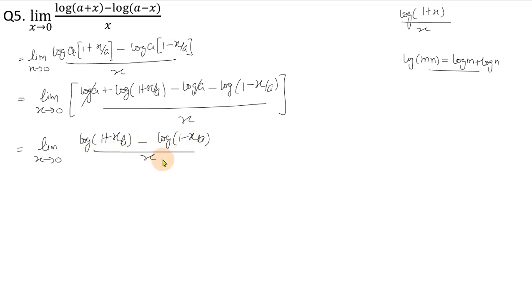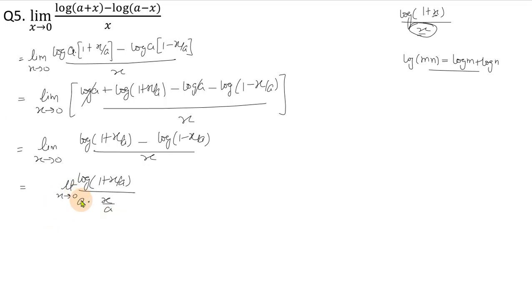Now the question is quite simple. So it is reduced to the form log 1 plus x. The only difference is we should have the same factor as this one. Like 1 plus x, we should have x here. If it is log 1 plus ax, we should have ax here. But this is x upon a, so we should have x upon a in the denominator. So separating these two terms, log of 1 plus x upon a upon, here I multiply and divide the denominator by a. So this is limit x approaches 0.